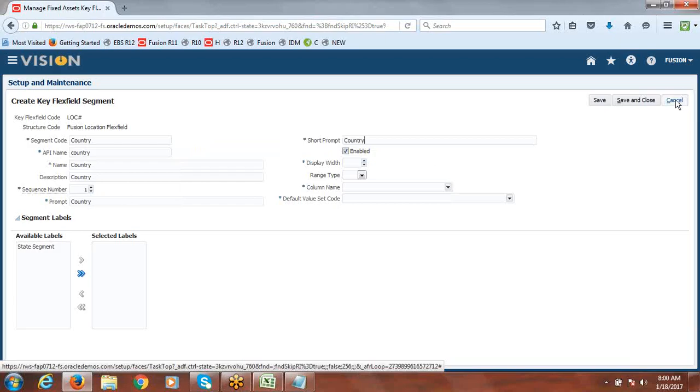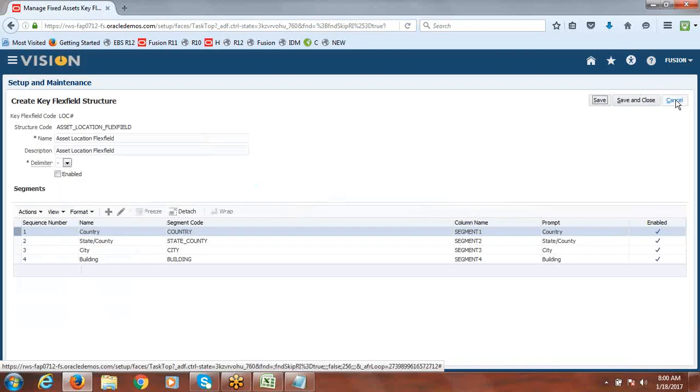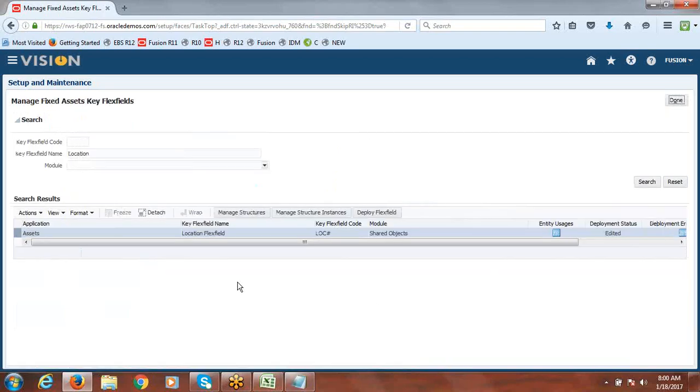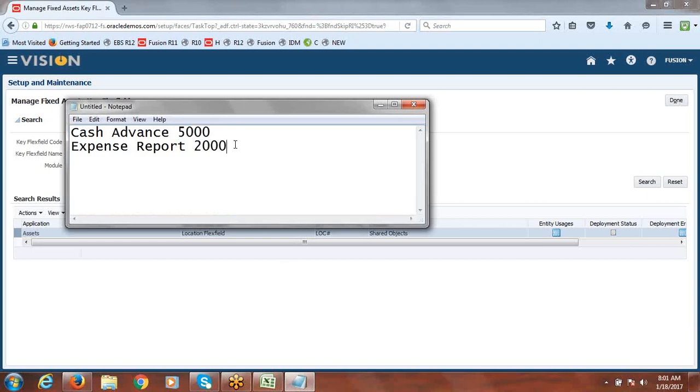I'm sorry, we didn't create value sets, right? We didn't create any value sets. We'll go and create the value sets. One is for country, another for state, and city. Let's go with the simple.